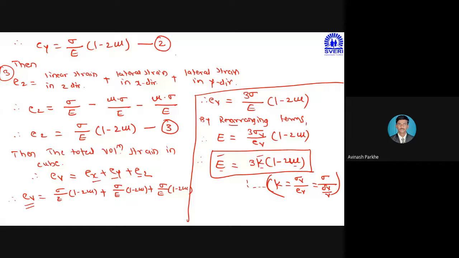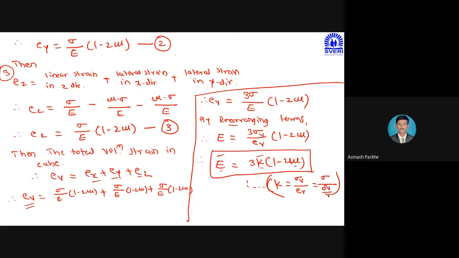Following is the relation of Young's modulus E and bulk modulus K. Then while giving options: E is equal to 3K in bracket 1 minus 2 mu, E is equal to 2K in bracket 1 plus mu, E is equal to 4K in bracket 1 plus 2 mu. Like that, 4 options are given in different manner, and from those 4 options we have to choose the correct option to prove the relation. So based on MCQs, based on the derivation, based on the numericals, this derivation is important. Have you understood? Is anybody having any problem with this understanding?